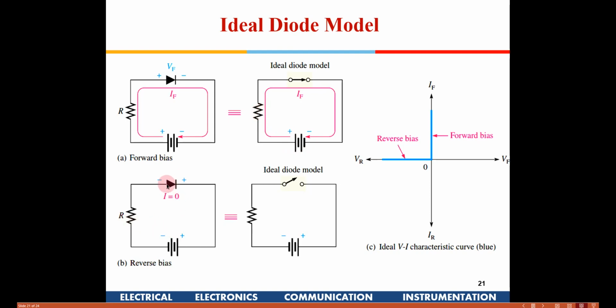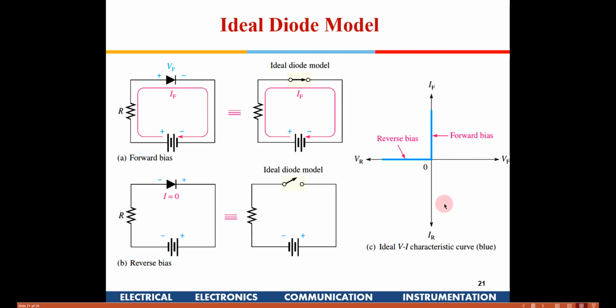Whereas if it is reverse biased, that is, if you are giving a positive voltage onto the cathode and negative voltage to the anode, it will act like an open circuit. If it is an open circuit, then no current can flow. So this is the voltage across the diode and this is the current. This is if there is no R. If there is no R and you apply a forward voltage, the current will be infinite.